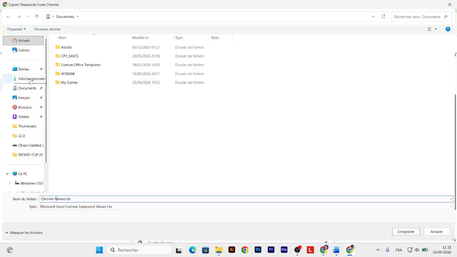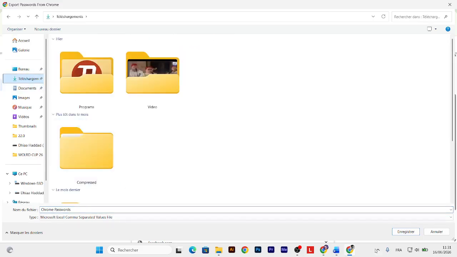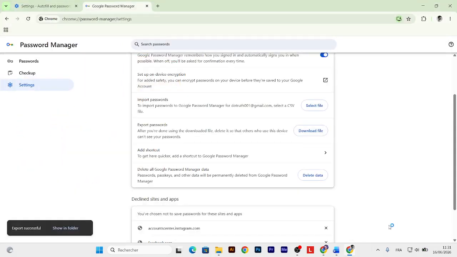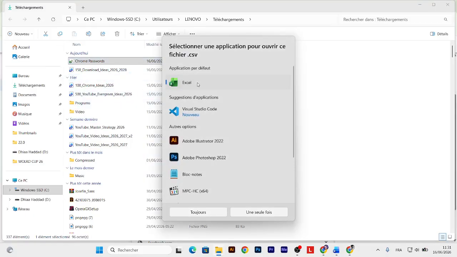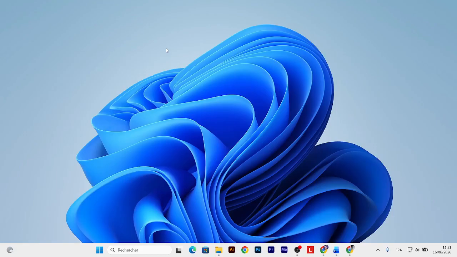Okay, just now we need to go to the download and click like this and just save. Okay, now go to show in folder, and finally here you find this, just click and you will find your passwords. Sorry, I can't open this because